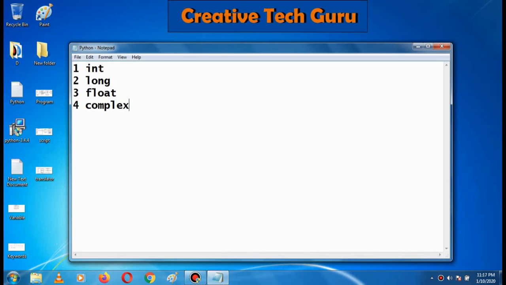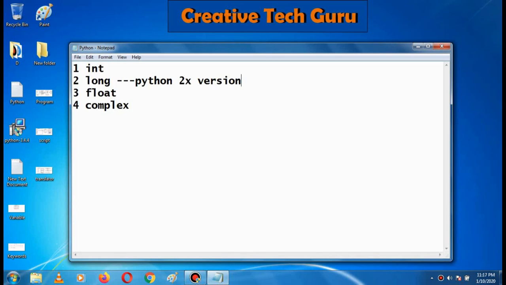But we didn't check long, because the long data type is there in Python 2.x version. It is not there in Python 3.x version. It is no longer available in Python 3. So now we have integer, float and complex values.